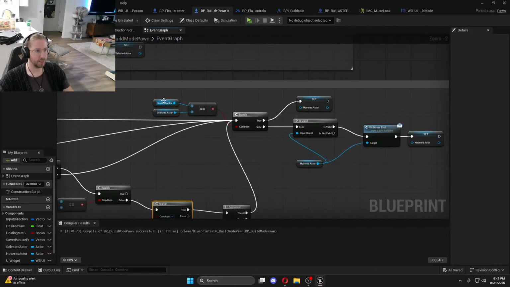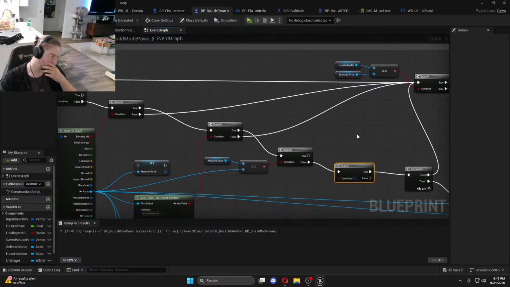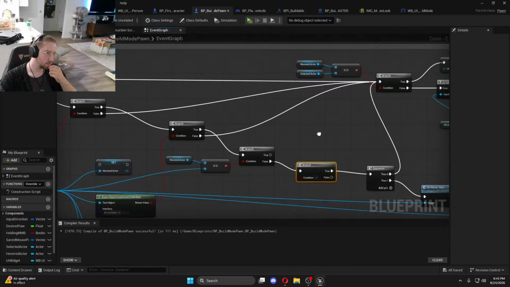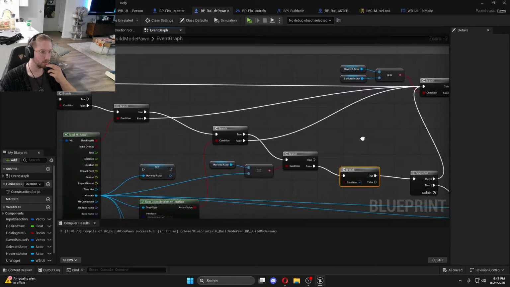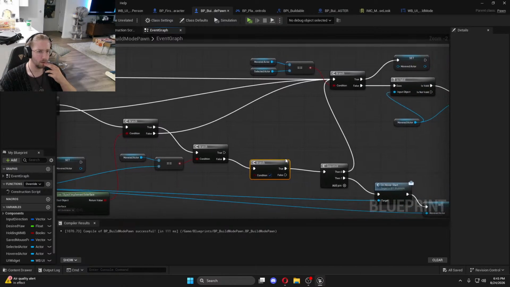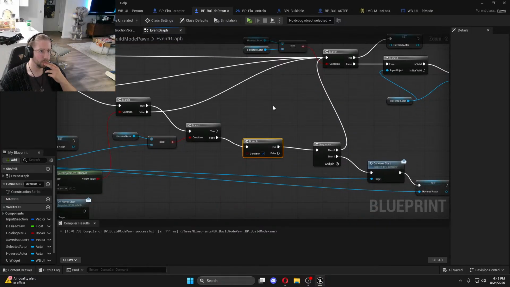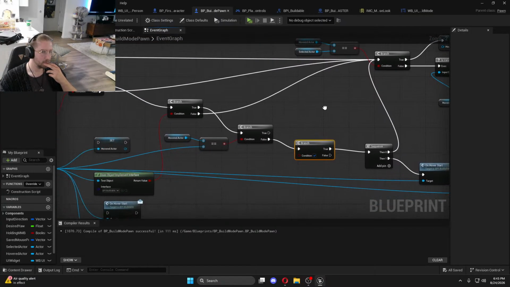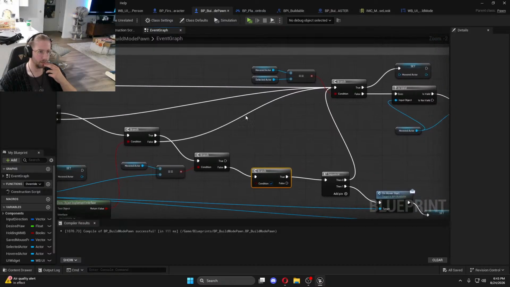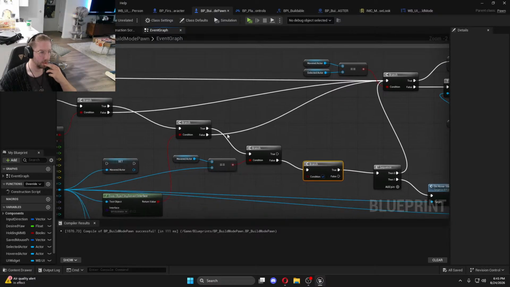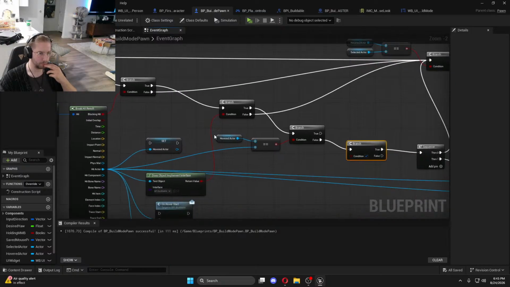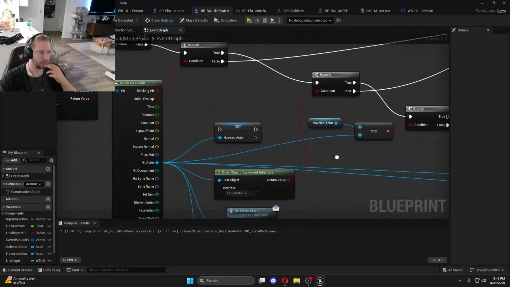So if it's true, it's checking to see if the hovered actor and selected actor are the same. So like, wait. Huh? Oh, that's probably something for way down here. We're checking this way down here. Okay. Yeah, because we don't care about this thing right here. Yeah, okay, so let's follow the true thing. So it is something we can build. Then we're going to check to see